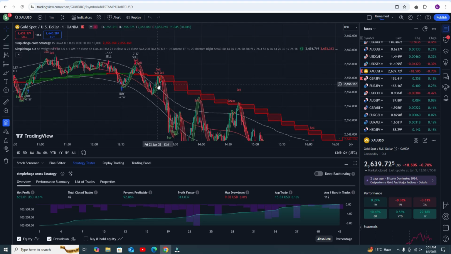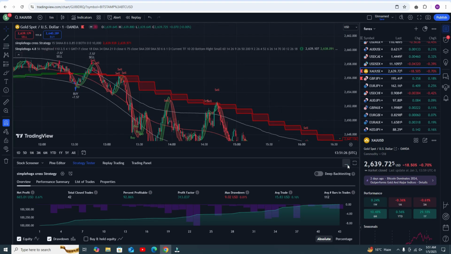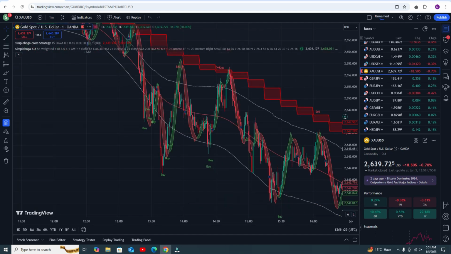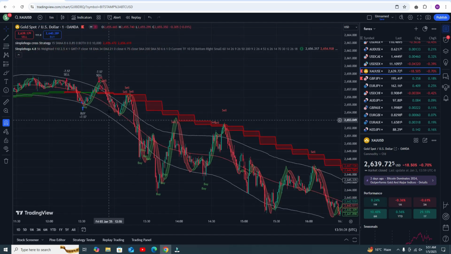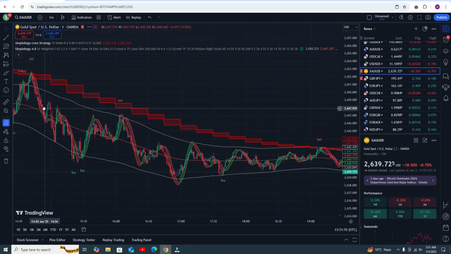But how can you get the perfect trade by using RSI? Let me show you. Just as extra confirmation, you can use the RSI ribbon as well. Here you can see this RSI ribbon comes upside from the upper band line, you get the sell signal, then definitely it will give you profit. And again the same scenario: the RSI ribbon again comes upside from the upper band line, you get the sell signal, and definitely this trade will give you profit. Same scenario. So that is the use of RSI. Now hopefully you understand the whole scenario.